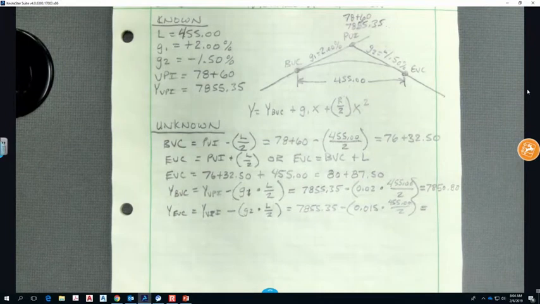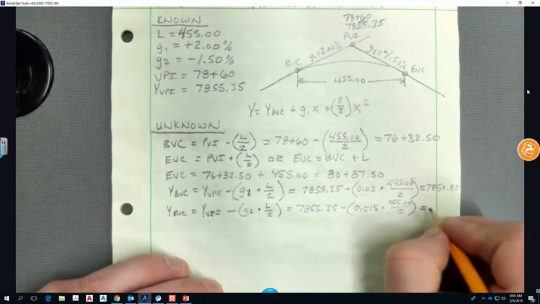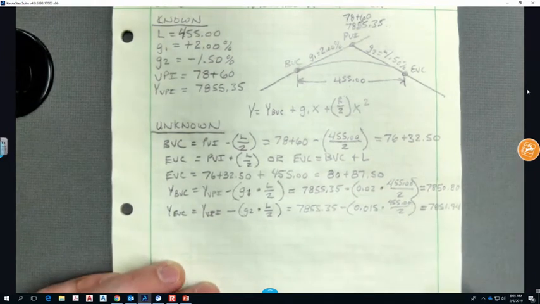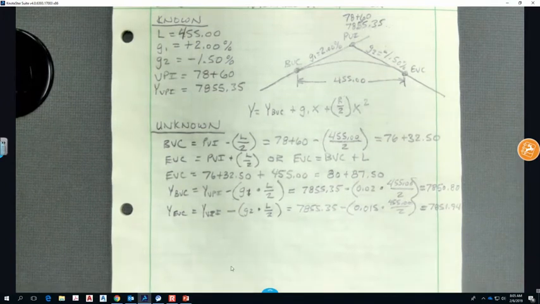So what do we have for Y EVC? Well, I guess it would have to be a non-one. Look which way it's going. G2. Anybody have the elevation? 7851.94. 7851.94. 7851.94. All right, so now we're going to talk about